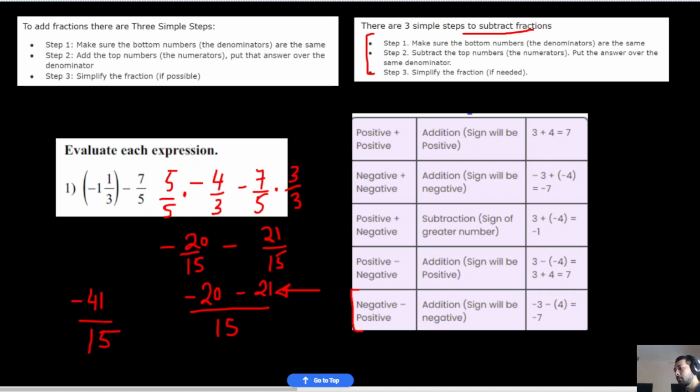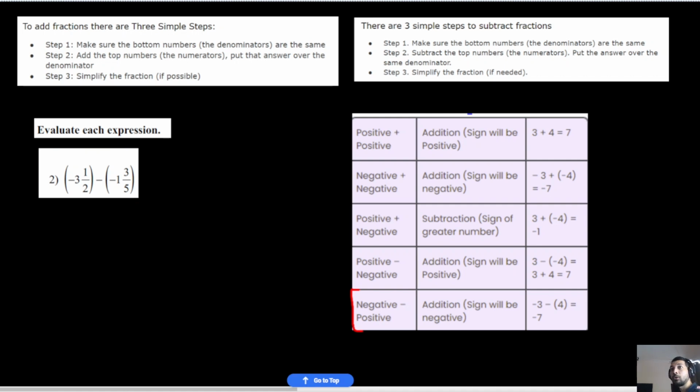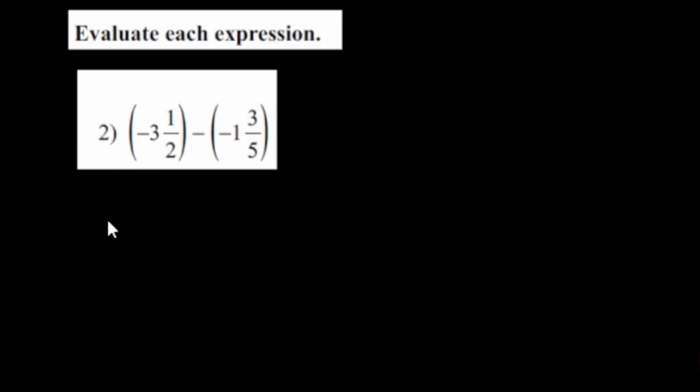Now let's look at another problem. Now let's look at this second problem over here. Here we have two mixed fractions. Negative 3 whole 1 over 2 minus negative 1 whole 3 over 5. So to start off, we convert these two mixed fractions into improper fractions. So this one, we put the negative sign. 3 times 2, that is 6. 6 plus 1, that is 7 over 2,